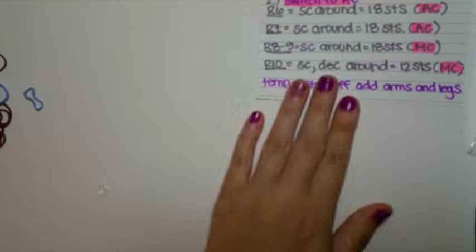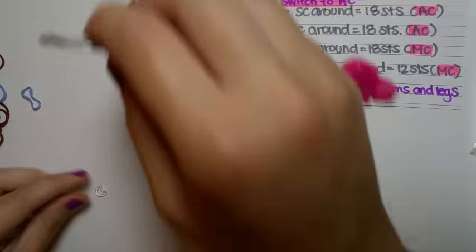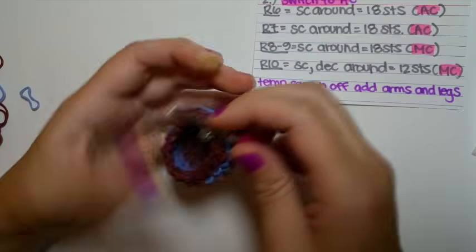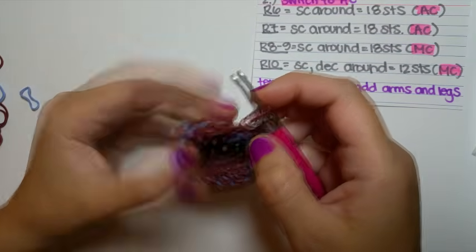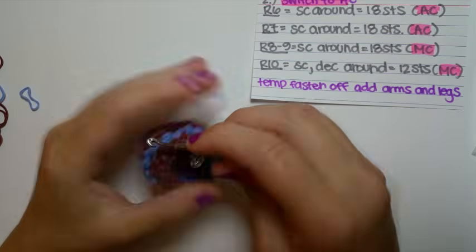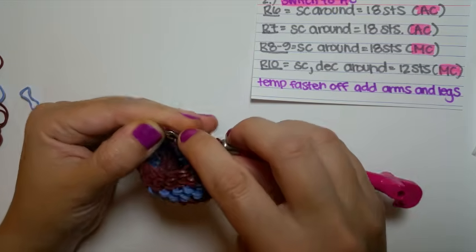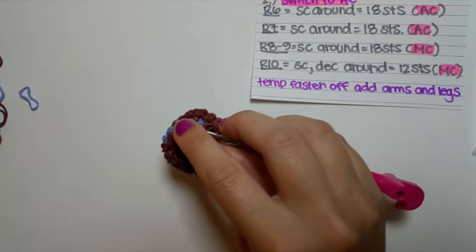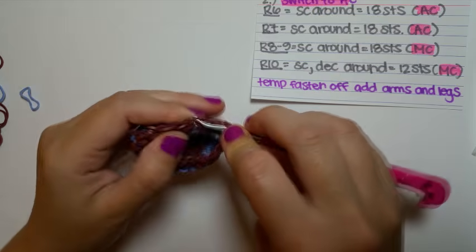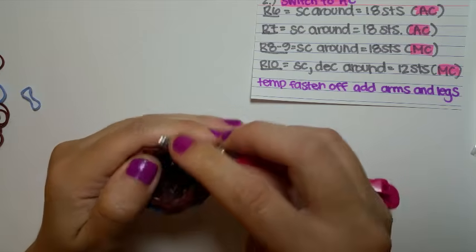Now we're going to start with a decrease. What we'll do is a single crochet followed by a decrease all the way around, so that we end up with 12 stitches instead of the 18. So I'll go into my first stitch, do my single crochet, and now I'm going to do a decrease. Then a single crochet, and then another decrease,